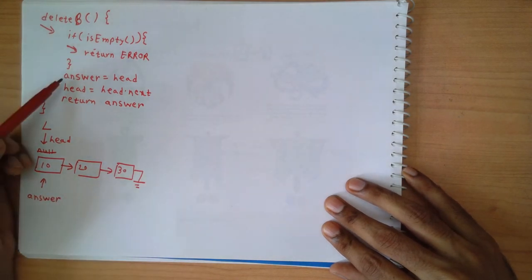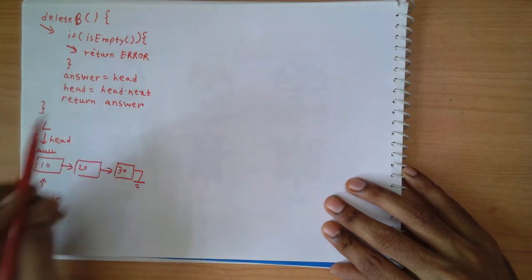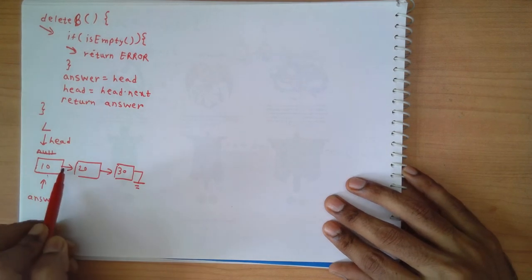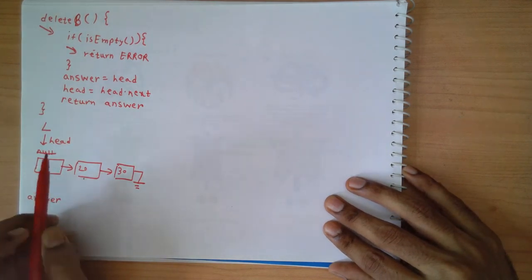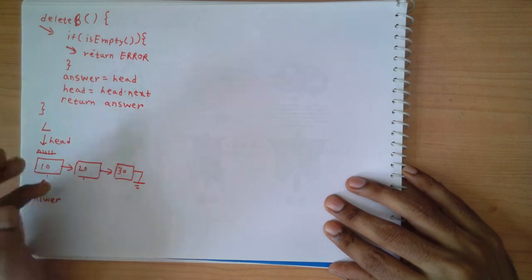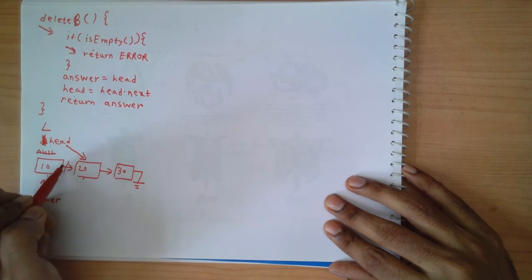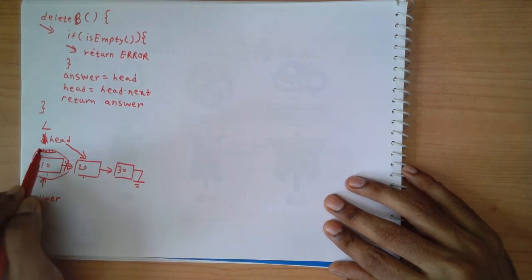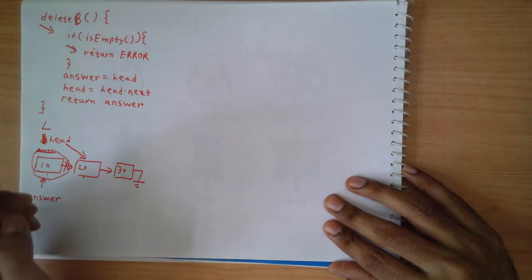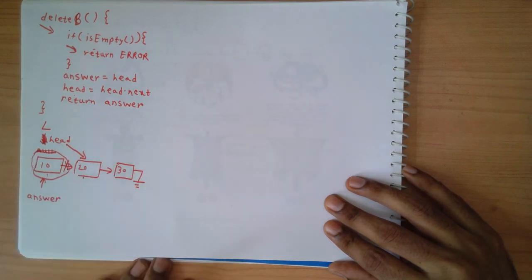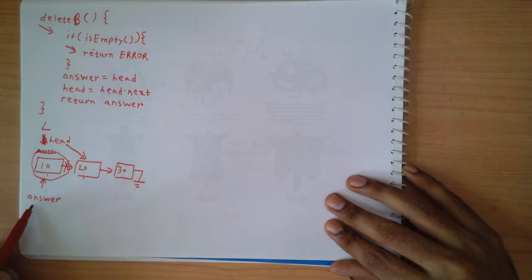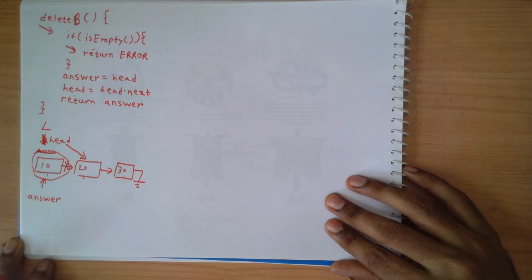And then once I have the answer, I'm going to look at the head node and its next pointer. This is where head points, and head dot next is this particular node. So I'm going to say that my head should point to head dot next. So instead of pointing to this node, now my head would point here, and now this node is no more part of the list. It is removed from the list, and now this list L has only 2 nodes in it. And then I'm returning the answer, which is the address of this particular node, and that's how deletion from the beginning of the list works out.